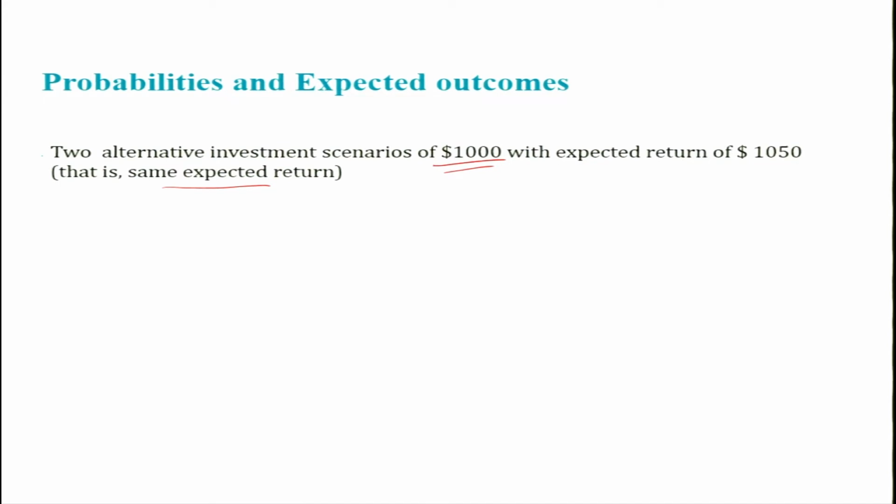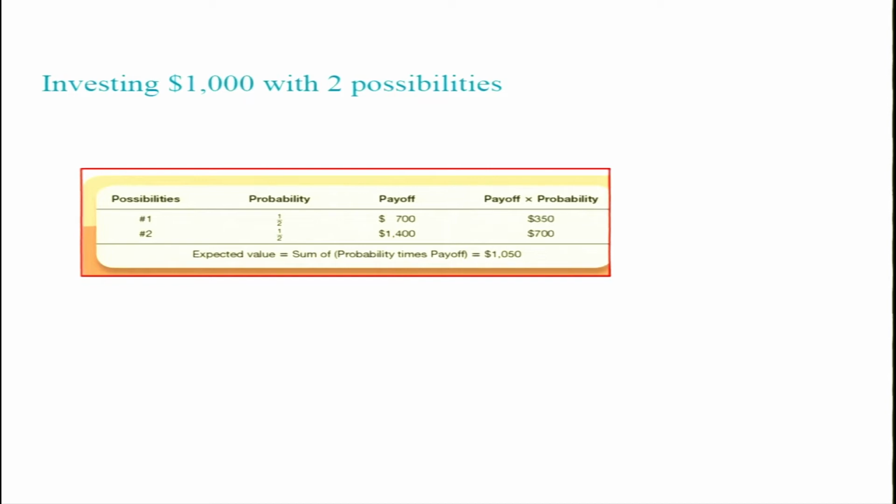Then in this case, let us see how we can relate it with the possibilities, probability and outcomes. Let us take the case of one investment. Assume that for 1000 you can purchase a stock whose value is equally likely to fall to 700. That is one possibility, with a probability of 0.5. When you invest 1000 in a stock, maybe when the stock market is down, it can go down to 700. Another outcome is that it can rise to 1400.